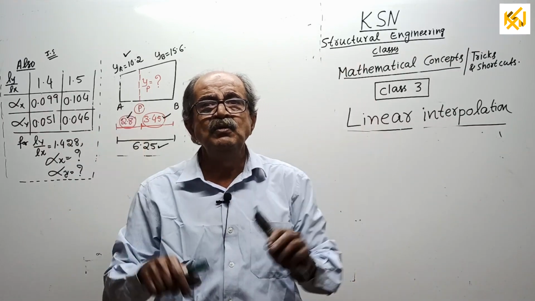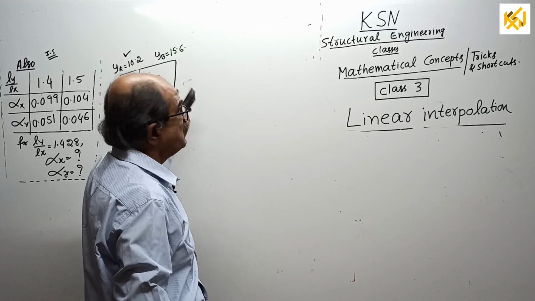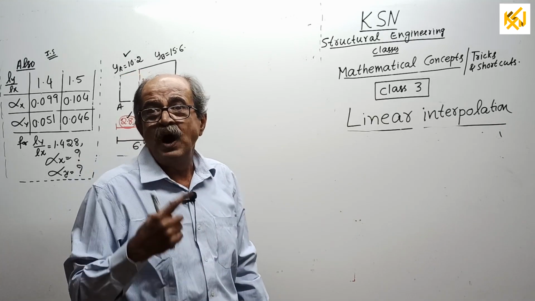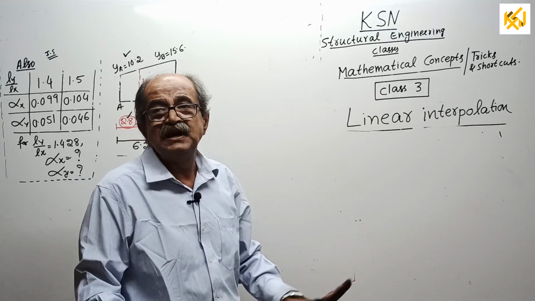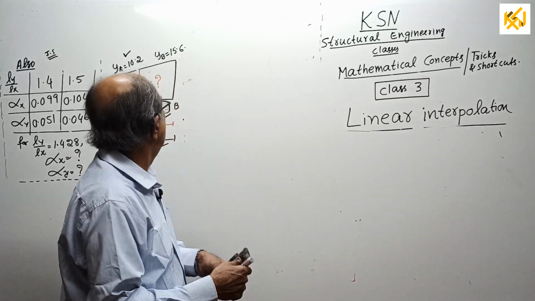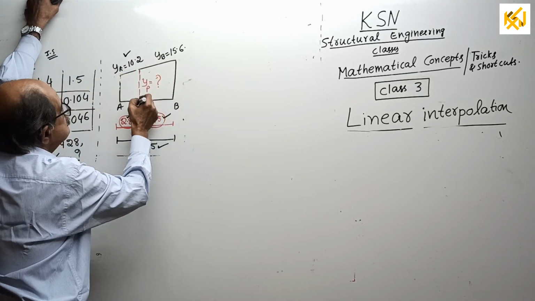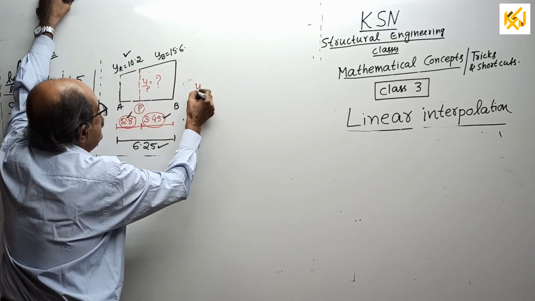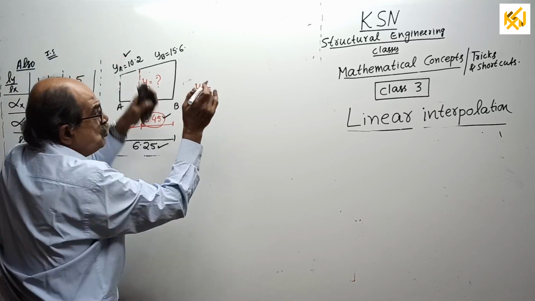Okay, ready now? I will first explain this one. Correctly follow what all I tell. Do not consider the money matter now. See, I will write here. I want this value, YP, YP I want. I have got two options.